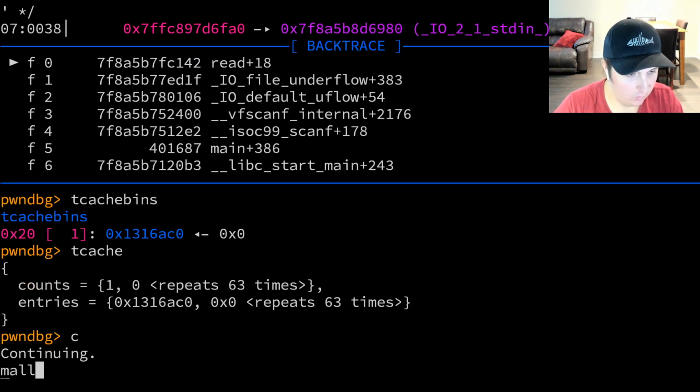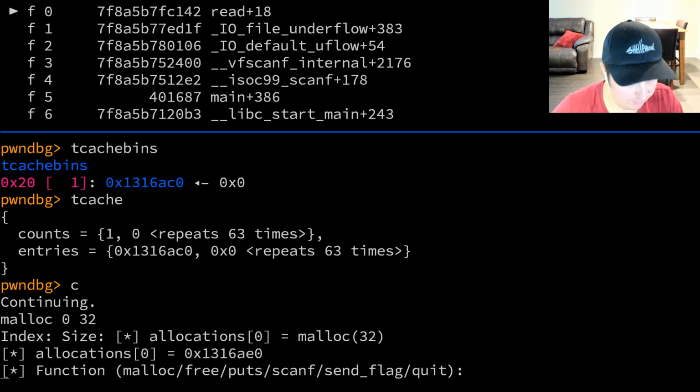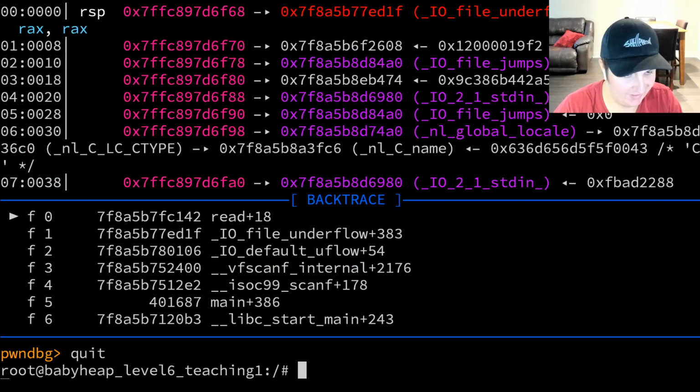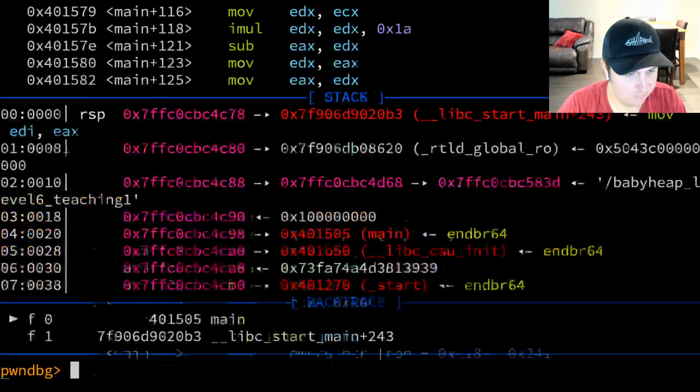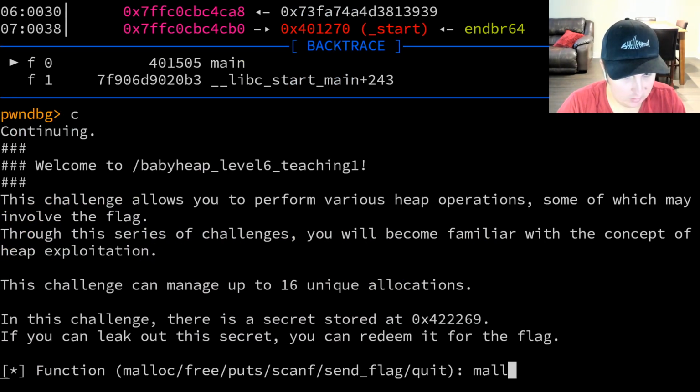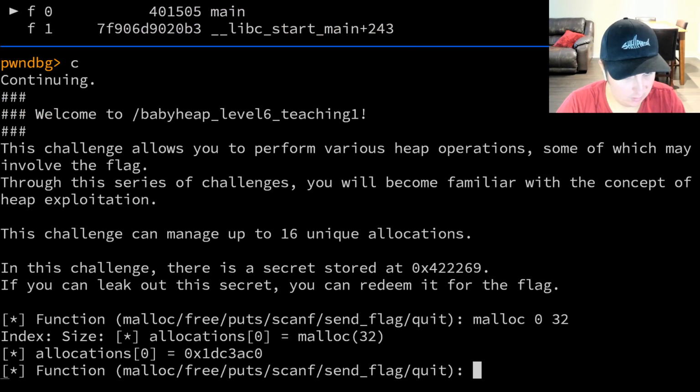If we do malloc 0 32, oops, hold on, was I doing size 30? Let's restart this real quick. I don't remember what size I was doing. I think I was doing 32 though. Start, continue, malloc 0 32 gives us this address, which ends, I guess, with AC0. And then let's do free 0,